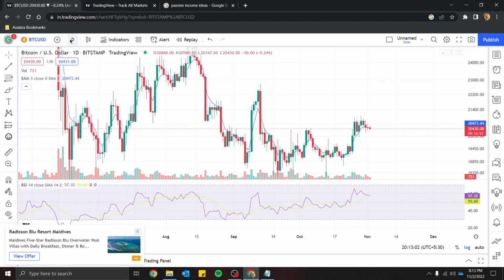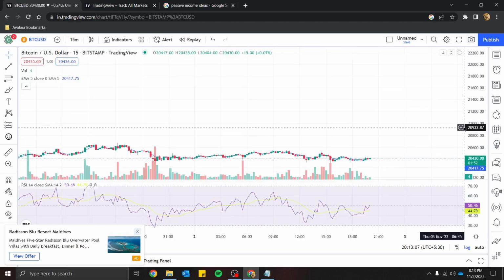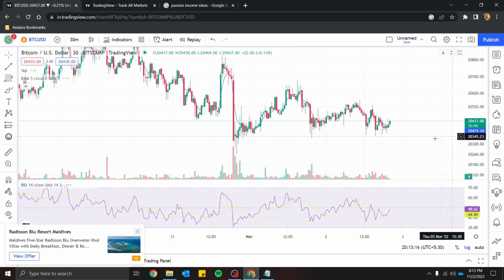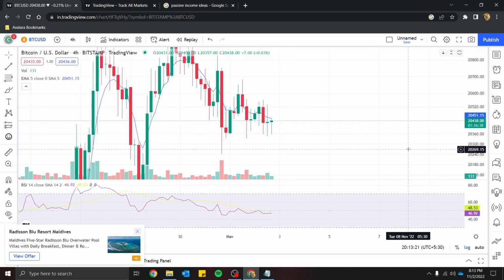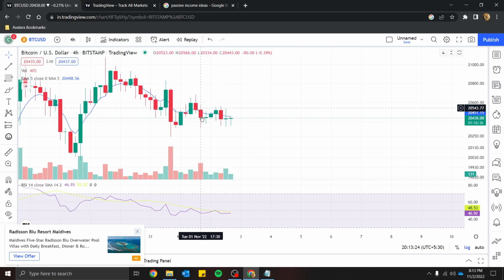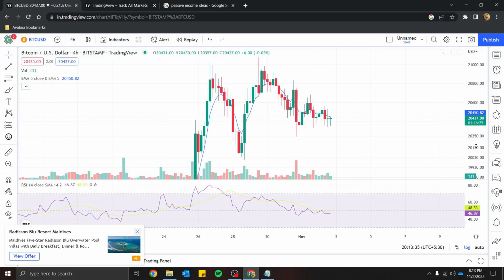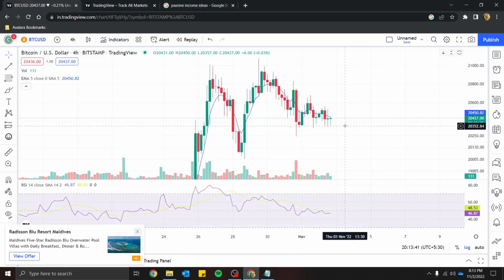If I convert it into a 15 minute chart, I can see that the market is going to go upside. If I convert it into a 30 minute chart, it is still going in an upside direction. If I move it to the 4 hour chart, I can see that it is going in a downward direction, continuously making lower lows, and I can expect that if we don't cross this level, we will again see some lower low. So there are different perspectives to see the chart. What I mean by the basics of trading is that first you should learn technical analysis.